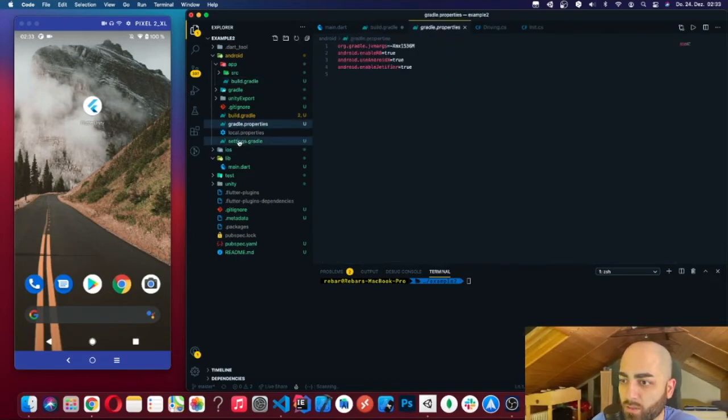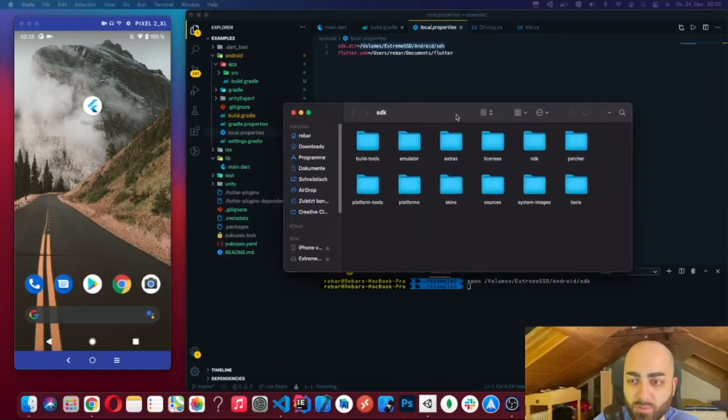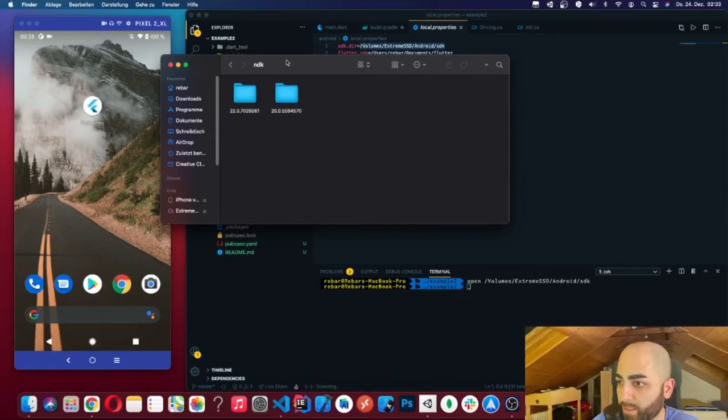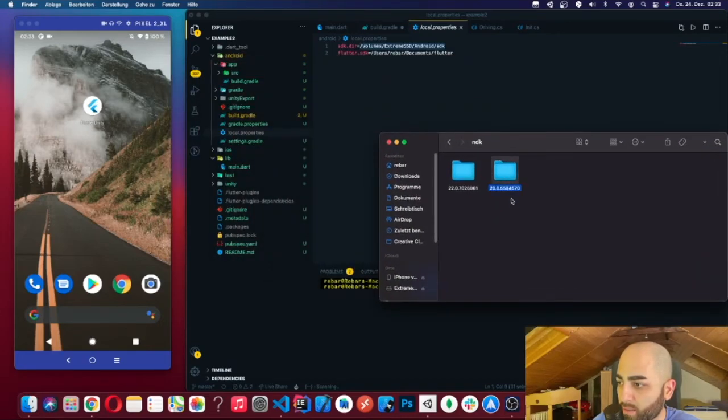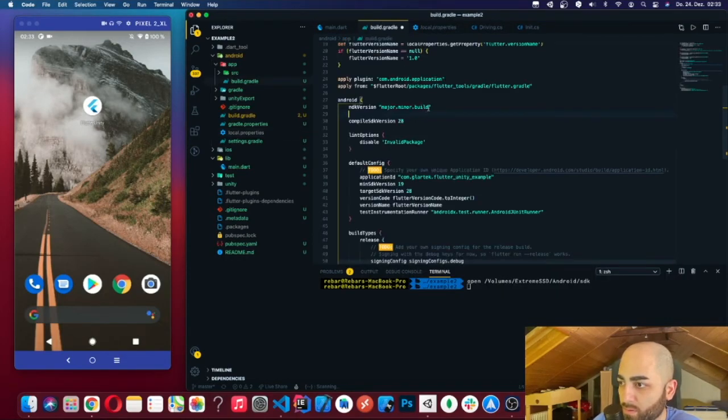Okay, you will find in local properties where your SDK is located, right? Go to there, just open it up, and then NDK. You can see that version already installed and this version. Copy the version, go back in here